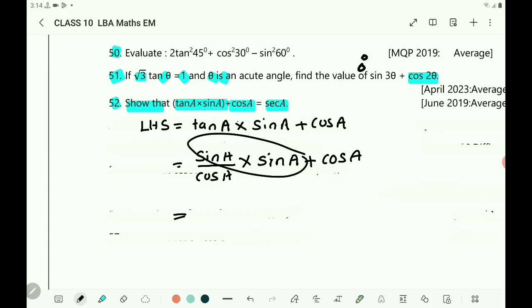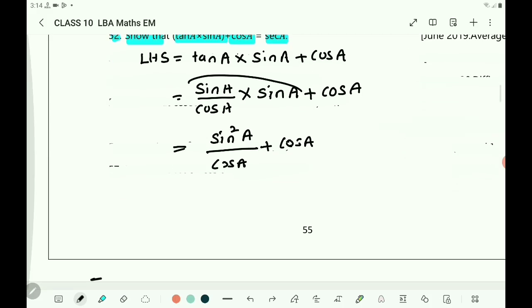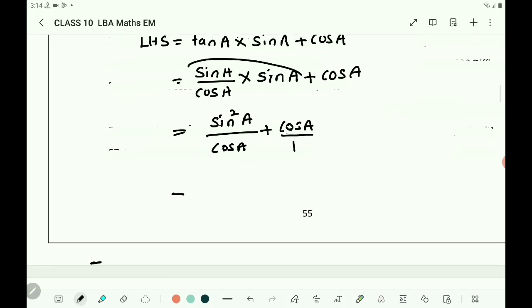sin A into sin A is sin square A by cos A plus cos A. Here sin A into sin A is sin square A and this cos A is by cos A. Then here you take the LCM. Cos A is there means cos A by 1. Then the LCM is